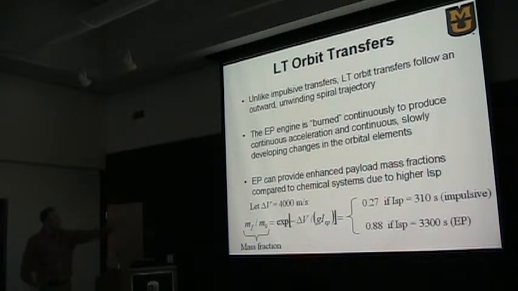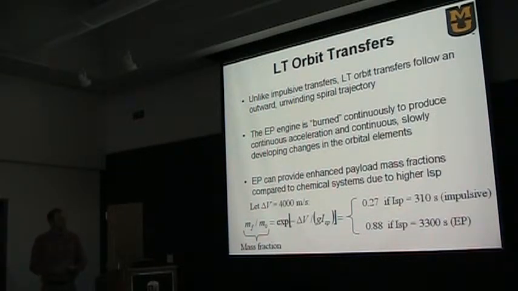So if I put in some numbers, let's just say the delta V is 4,000 meters per second. If I did that with chemical propulsion, that's the top one, Isp of 310, the mass fraction is 27%. That means if it starts out as 1,000 kilograms, and then I do the burn, I'm left with 270 kilograms. Well, a lot of it was propellant. What is that? 73%